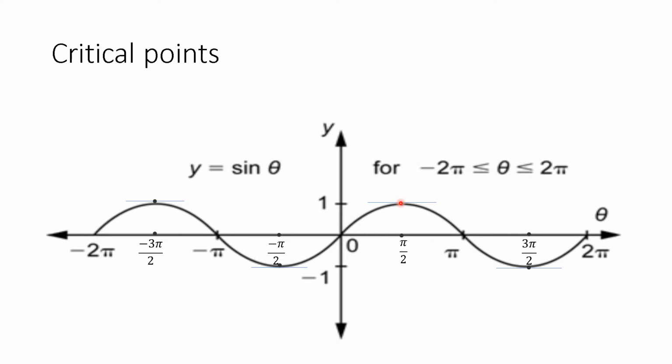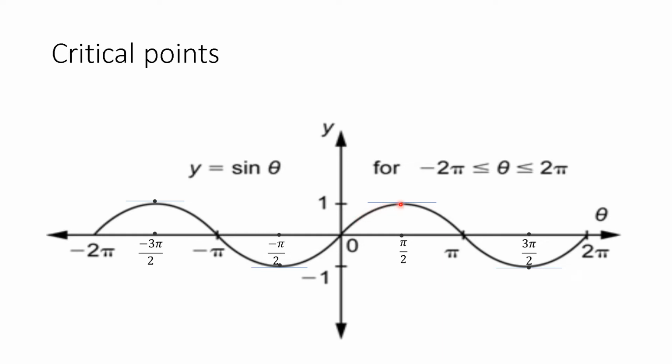At minus pi by 2 to plus pi by 2, the function is monotonically increasing. At this point, if you draw the tangent, this tangent and the x-axis are parallel, therefore slope at the point pi by 2 is 0. That means f dash of pi by 2 is 0. So here 0 is one critical point and pi by 2 is another critical point. If you take any point in between, except 0, minus pi by 2 and plus pi by 2, you will get the positive slope, isn't it?